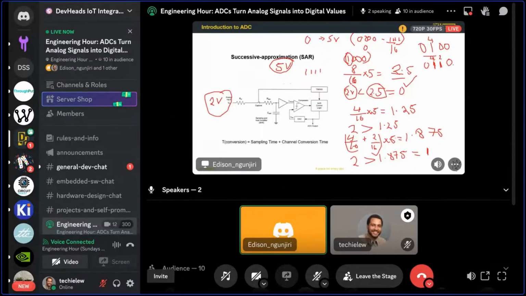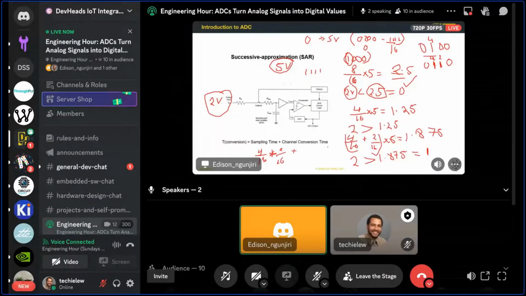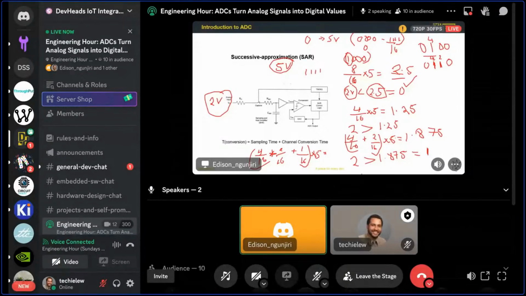And then finally, remember that we have 4 bits, so we take the last one, and it will be 4/16 plus 2/16 plus 1/16 multiplied by 5. And this will give us our value as 2.1875. So we are comparing 2, and you can see that it's less than